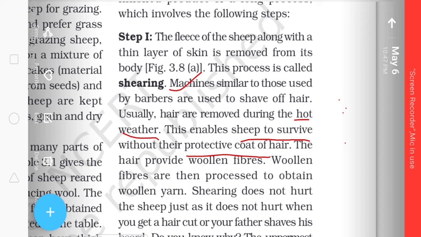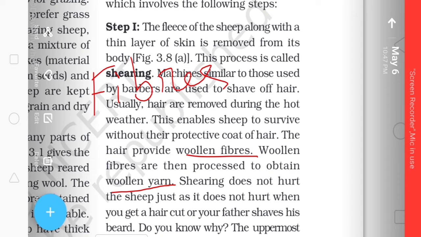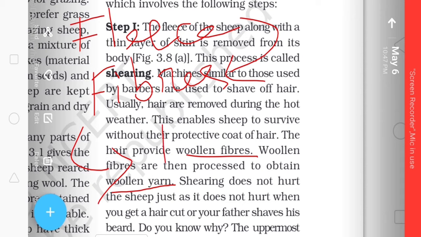The hair provides woolen fibers. The woolen fibers are then processed to obtain woolen yarn. Now from the flesh of the sheep, what are they giving us? Woolen fiber. We get the fiber, and from the woolen fiber we are getting woolen yarn. So remember this, students. First of all, we will get the fibers, okay. From where? From the flesh. That means from flesh we get fibers, okay, and from fibers we will get what? We will get yarn, Y-A-R-N, understood? From flesh we get fibers, and from fibers we get